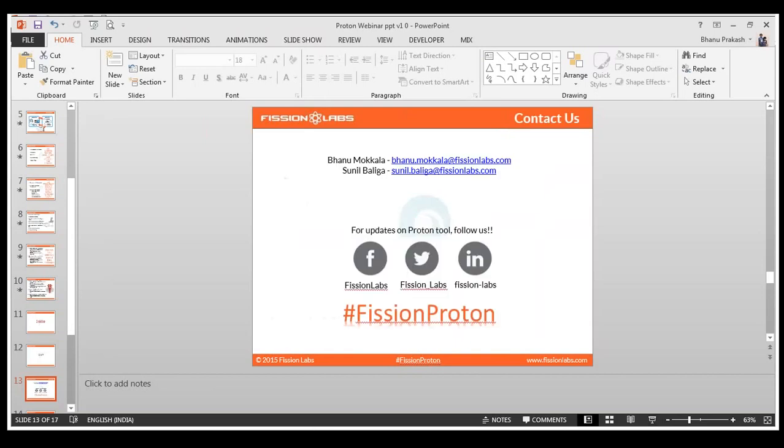Okay, I think there is one more question. The other question, again from Nivriti Chandel, is, we would like to modify the exception errors and structure of the Proton tool.